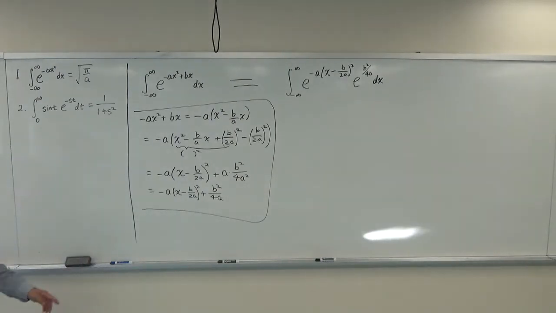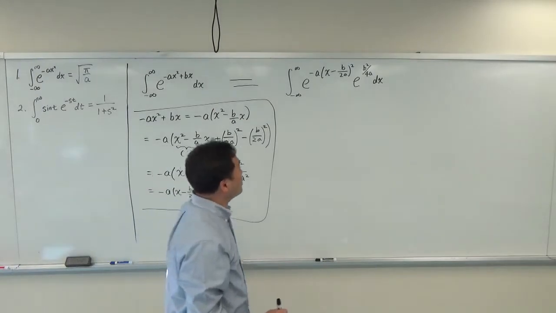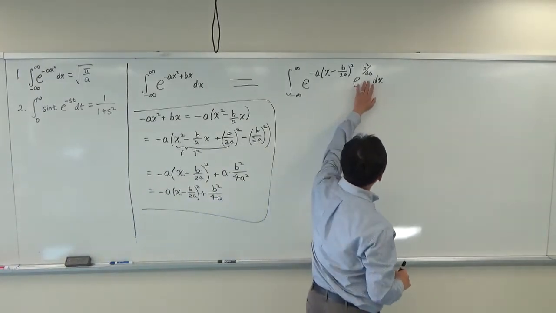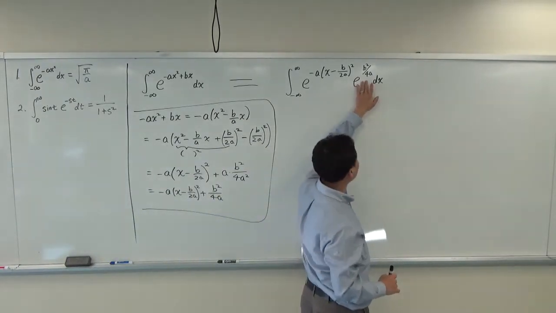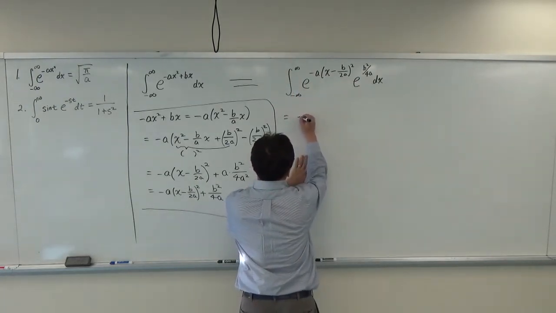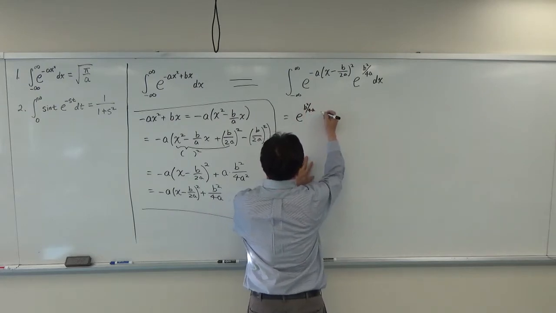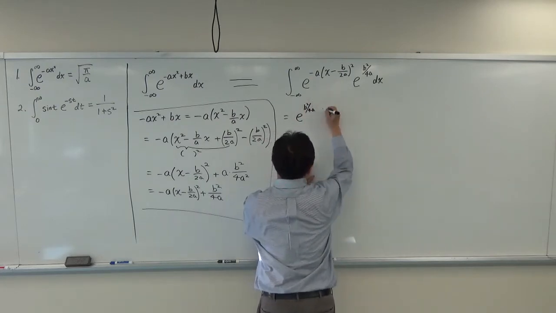Because addition in the exponent can be split into 2 exponentials. And notice that this one doesn't have any x in there, so I can bring that outside. Whereas this one,